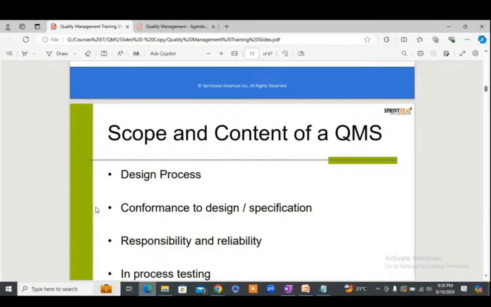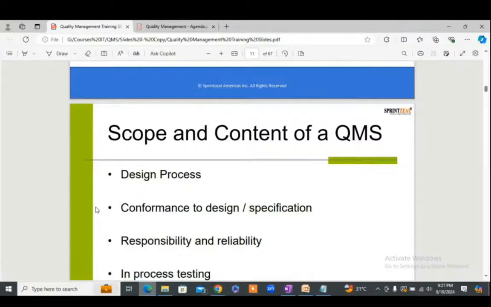Design process means, in the scope and content of a QMS, the design process involves defining and documenting procedures for developing and refining products or services, right? This includes establishing criteria for design inputs, processes for development and review, and controls to ensure that the design meets quality standards and the customer requirements, because the goal is to ensure that the final design is reliable, functional, and aligned with the organization's quality objectives, right? Next,